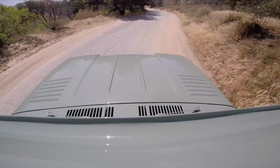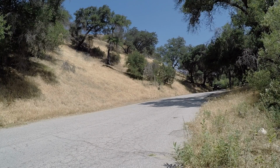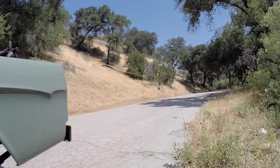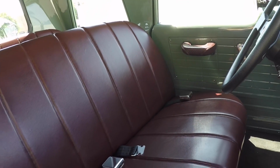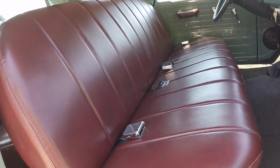But the fun for me in a truck like this is all the little details, like every knob and fixture, because when Dodge originally designed these, they weren't some great design job. It was a work truck. So if they already had a component from another application that they could make work in this, they did. So the gauges were kind of fugly. The knobs, some were metal, some were plastic, some had this shape, some had that shape. The gas cap was generic. Just all the details, there wasn't any flow in it,